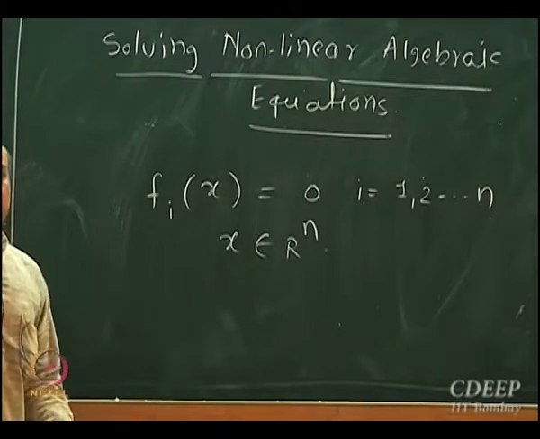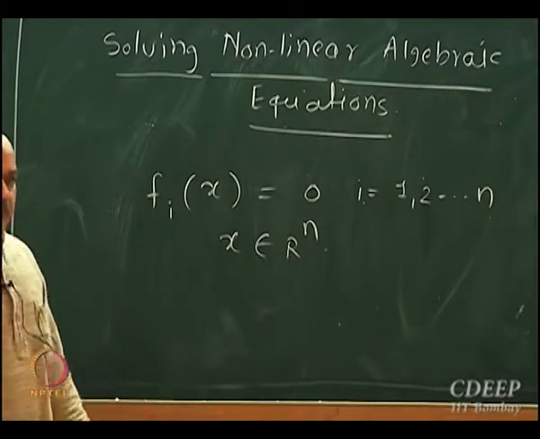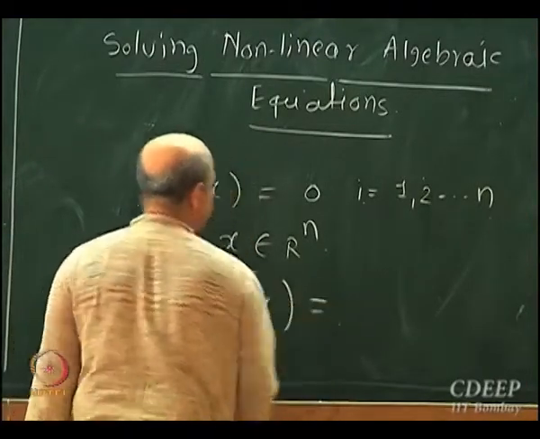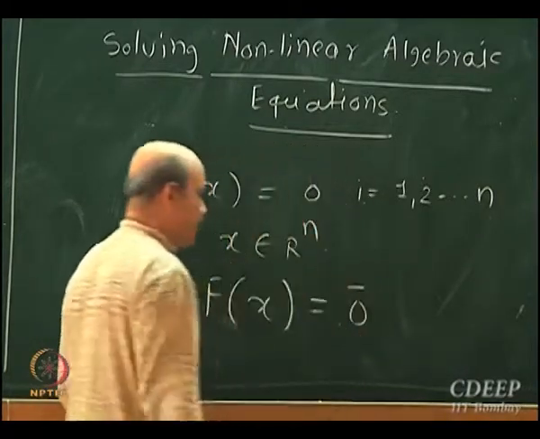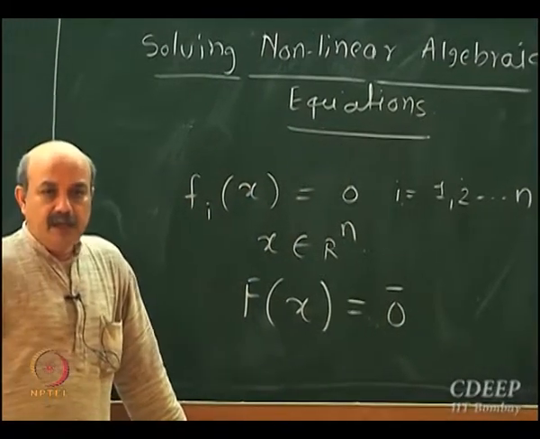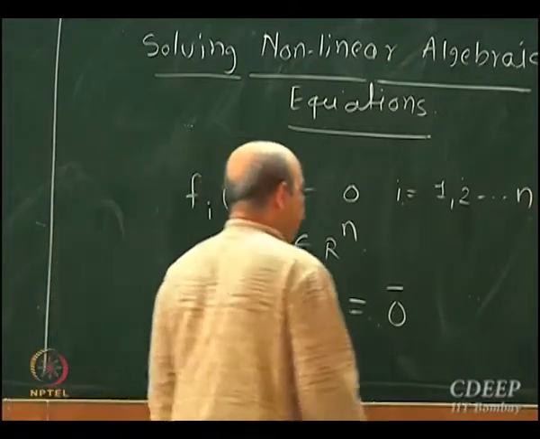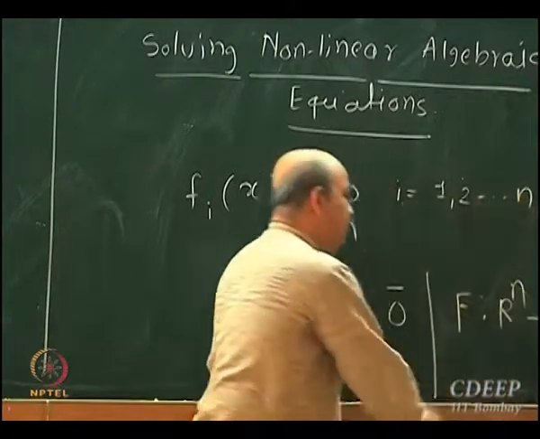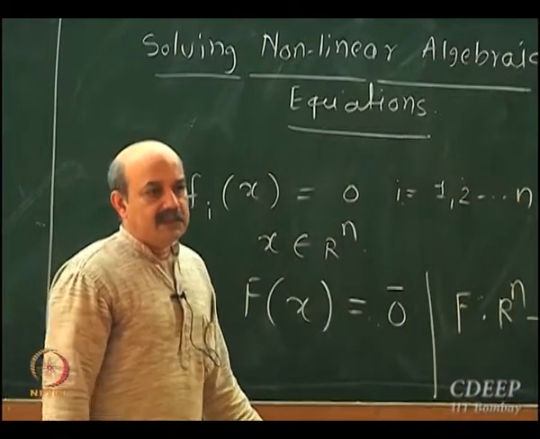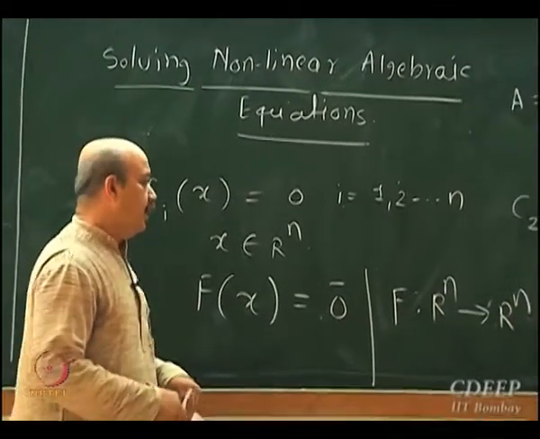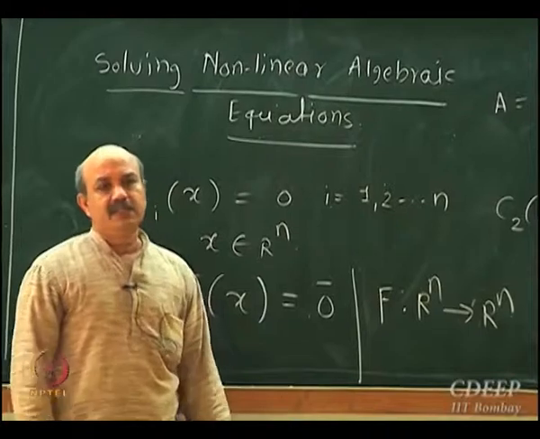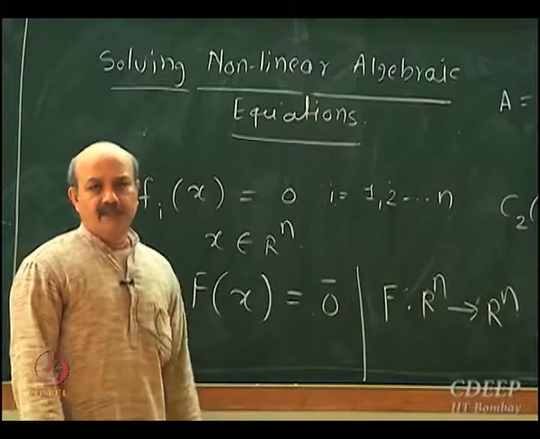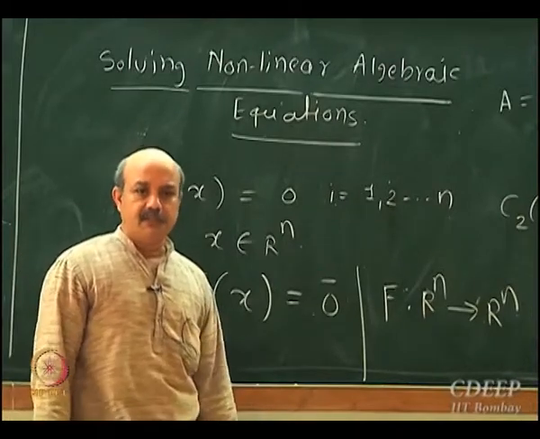Okay, or now we are comfortable with the notion of a function vector, or I can write this as function vector F(x) is equal to 0, same problem, right? F(x) equal to 0, where F is a map from R^n to R^n. More sophisticated way of writing the same thing is that F is a function vector. Okay, you are trying to look for that value of x where F of x will give you 0 vector. This is 0 vector, F of x equal to 0. F is a map from R^n to R^n, n dimension to n dimensions.